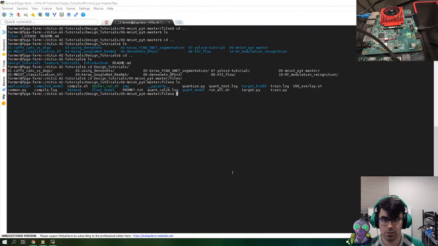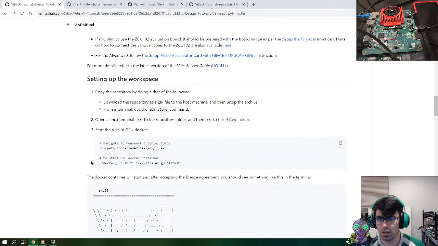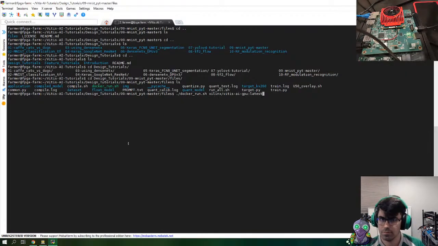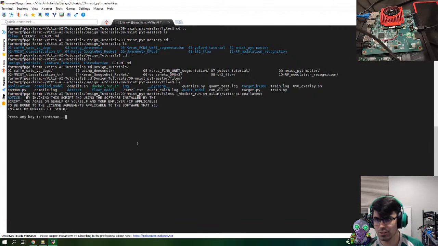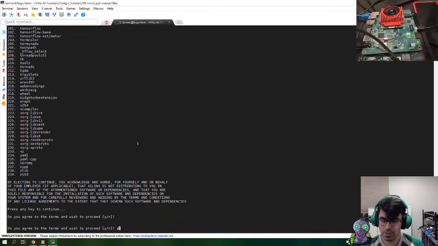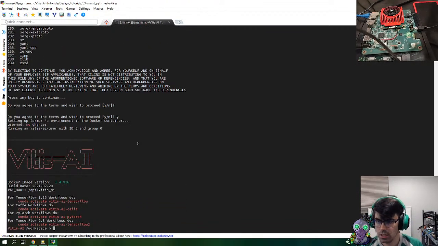So we have a Docker here, so we're just going to run the Docker, and we're going to do CPU because I've got no GPU on this little Linux computer I'm using right now. Say yes to all. Okay, now we're going to activate PyTorch and